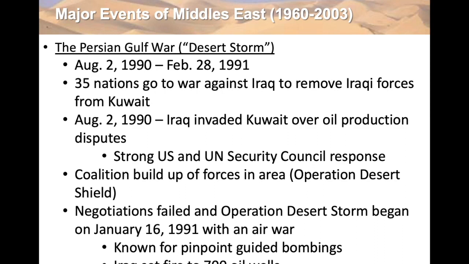So Saddam Hussein and his forces, they refused to leave Kuwait after the UN Security Council said they had to leave Kuwait. So a coalition built up their military called Operation Desert Shield. Now this buildup was mainly staged in Saudi Arabia, there was some in Turkey, and there were definitely ships offshore, off of the shore of Kuwait.